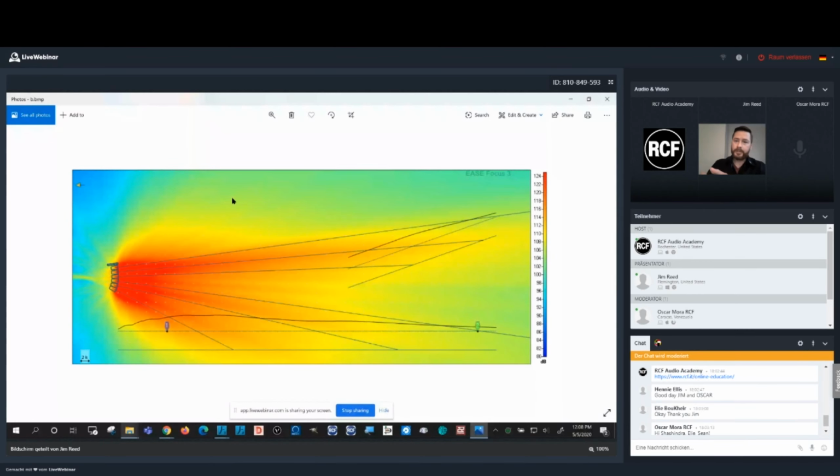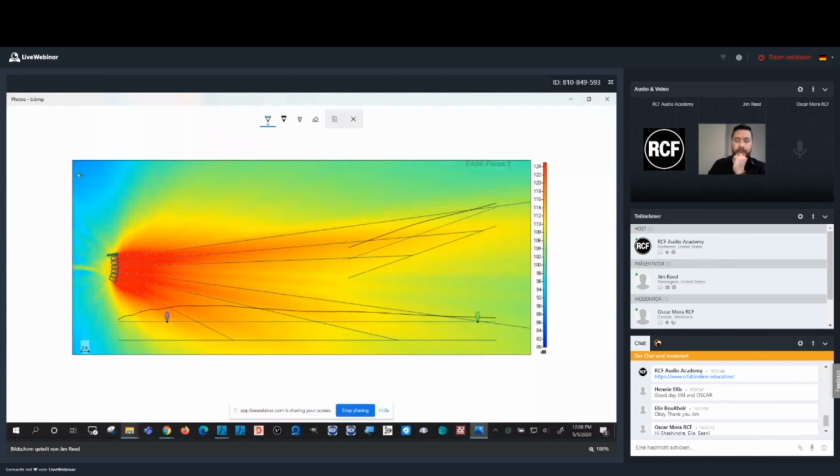What I've done here is I added a new plane, as you can see right here. Let's say that's a balcony, okay? I'm still using the same amount of speakers, same height, 18 feet. My distance from point A to point B is still 100 feet. My coverage area is still the same from the start to the finish. This is still 100 feet. But